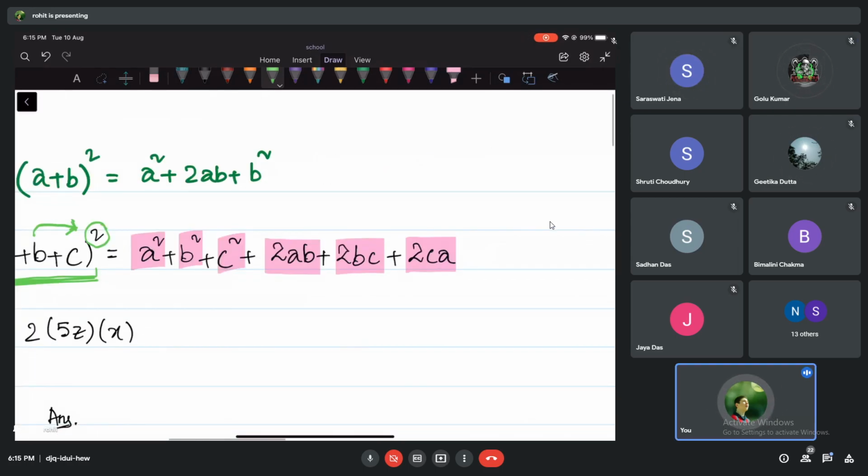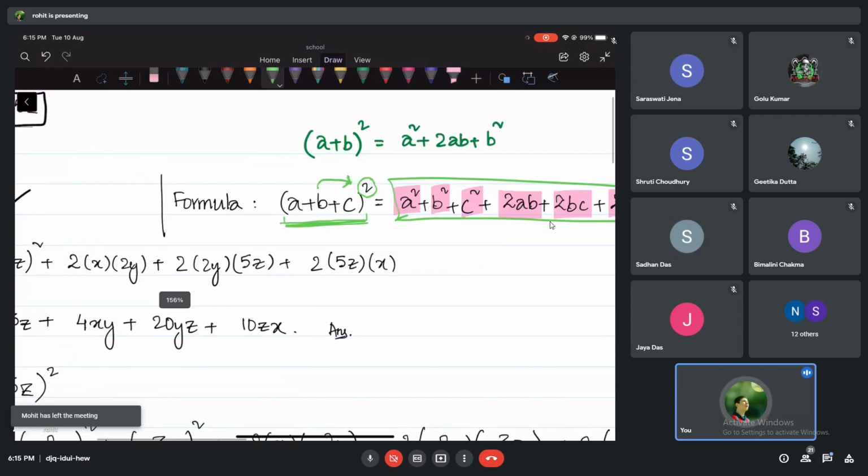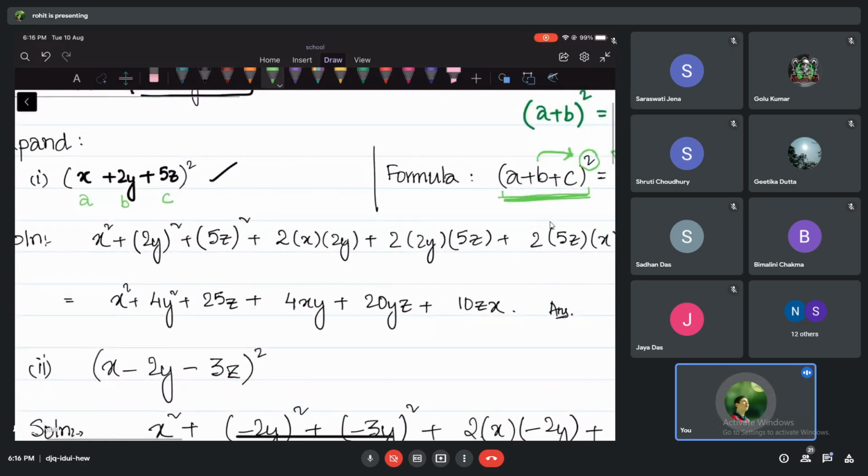So can I apply this formula or not? Yes, sir. I'm going to apply that now. Please pay attention, all of you. We'll do it only once, but we'll do it nicely. Please check. So tell me, what is the first step? I have to write a square, that means the square of this. Yes or no?